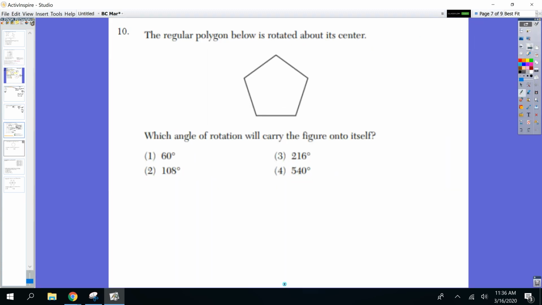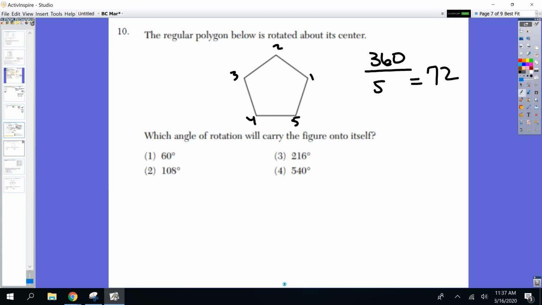All right, one more about carrying it onto itself. It's a regular polygon, doesn't tell me what it is. Which angle of rotation will carry it onto itself? From our work today, I know if I take 360 divided by the number of vertices, 1, 2, 3, 4, 5 vertices, that tells me I am going to go 360 divided by 5. You guys can figure that one out, 72